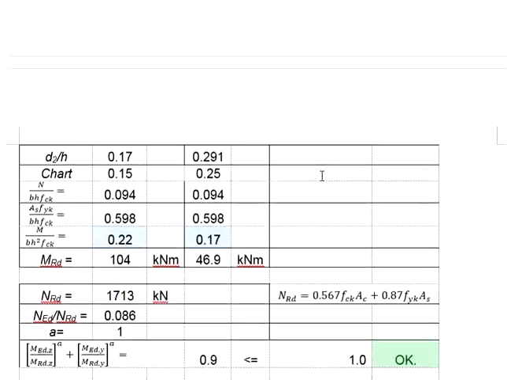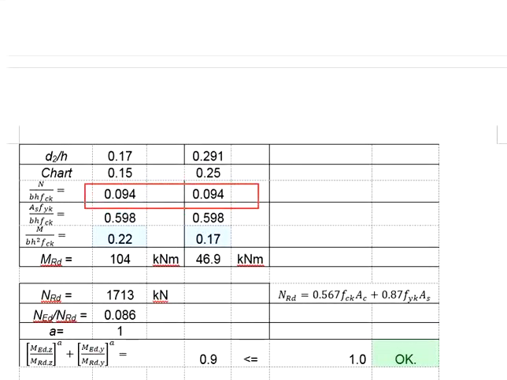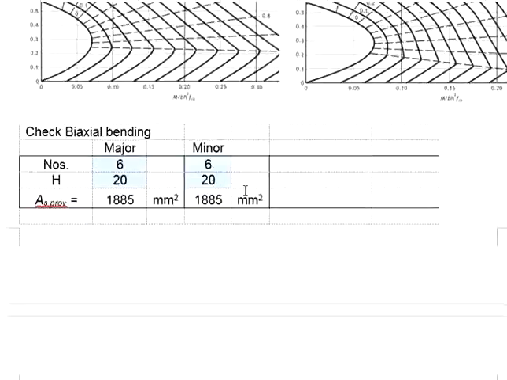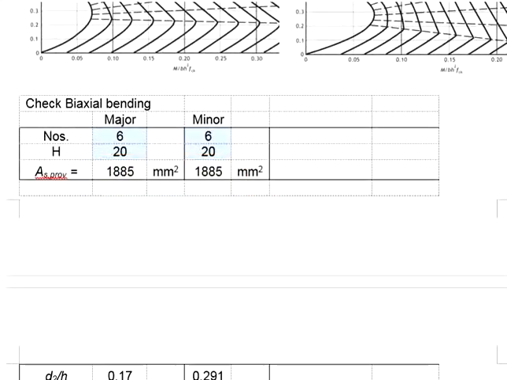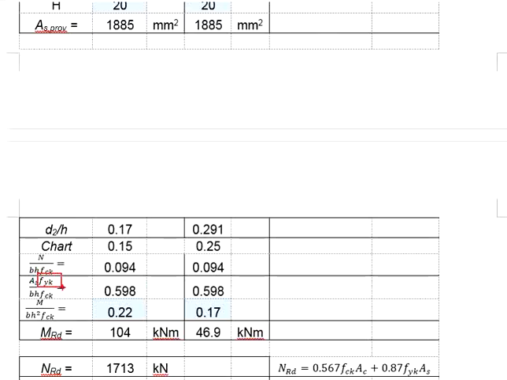That means the y-axis N per bh fck will be the same as what we calculated previously, 0.094. As for the As fyk per bh fck, based on the As provided, multiply by fyk, which is 500, divided by bh, 175 times 300, and then divided by fck, which is 30. You get the value of